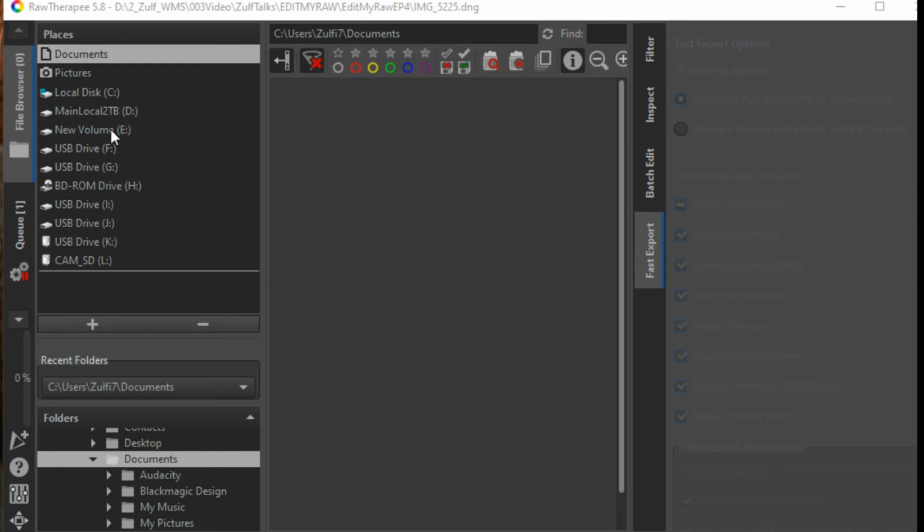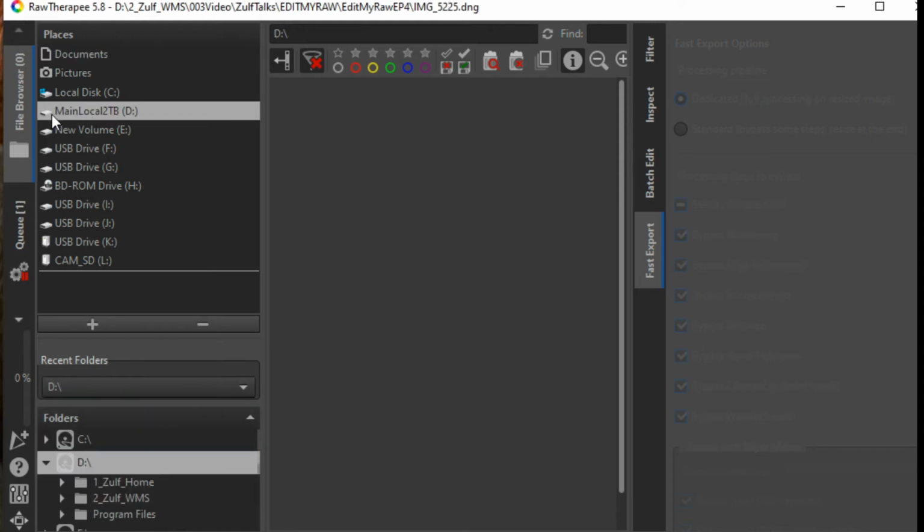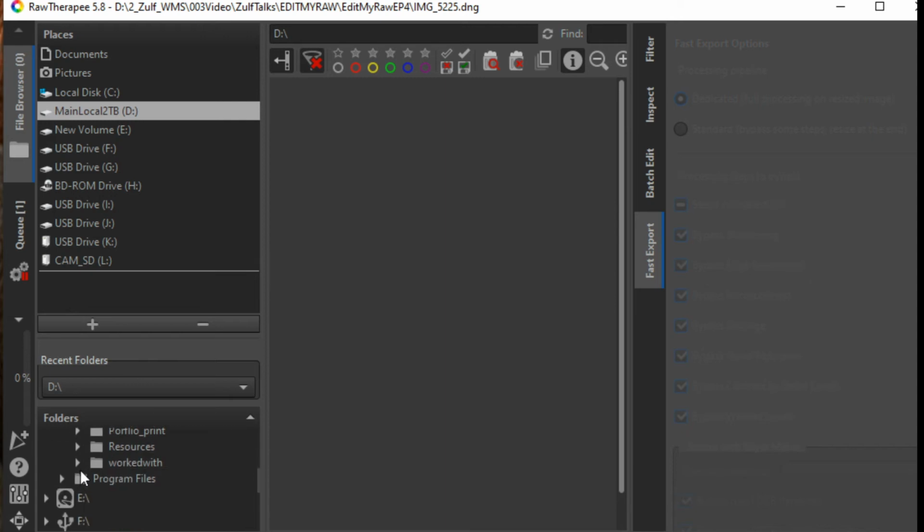So if I show you an example of this in this menu here, mine are, let's have a look there, but it's not in documents, is it? Let's go to the location. So if I go to D drive, you can select the drive on the top, which is your places, and then here it breaks it down. You can add quick places here as well. So if you have a regular place you like to go, you can add it by clicking add or take away. And if I do recent folders, if I go through my folder structure and bring up some example pictures for you,